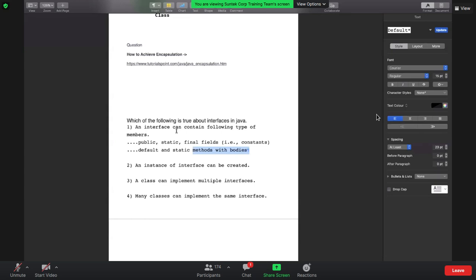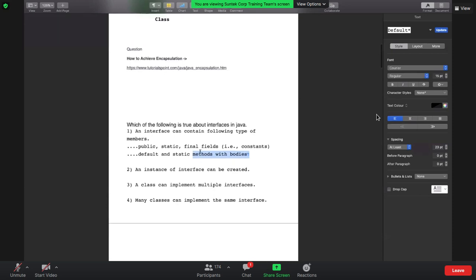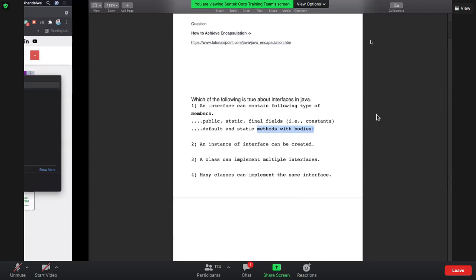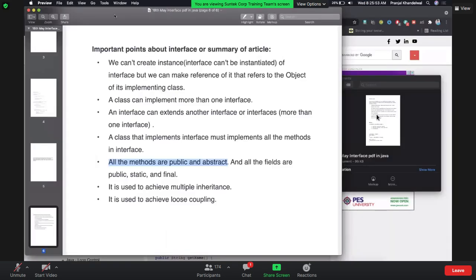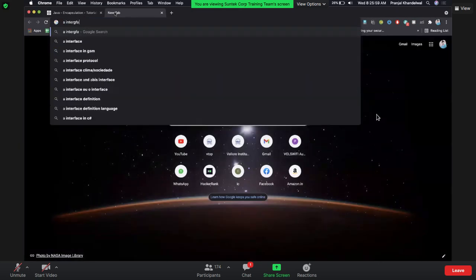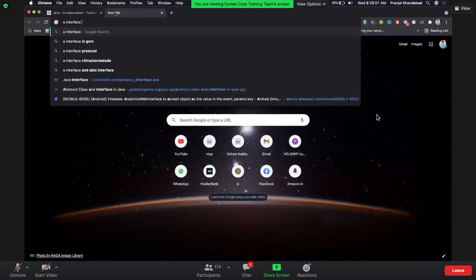Okay, let me just double check whether we can create it or not. Meanwhile, let's check it out over here itself. Even I'm not very sure about whether it can have the bodies or not, but as far as I know, it should have it.